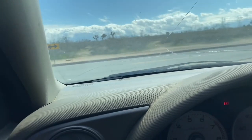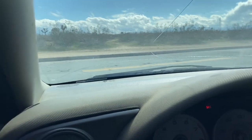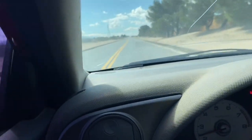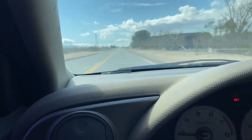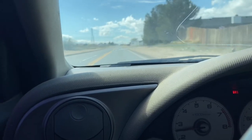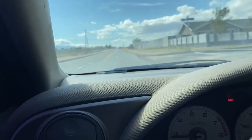This is a base model, so I'm not gonna punch it, plus the gas is kind of bad in here, so we literally just want to make sure the car's drivable and goes in all the gears and everything. Not bad, it's a smooth ride. And it's all stock, it just has an intake. The car was sitting for about